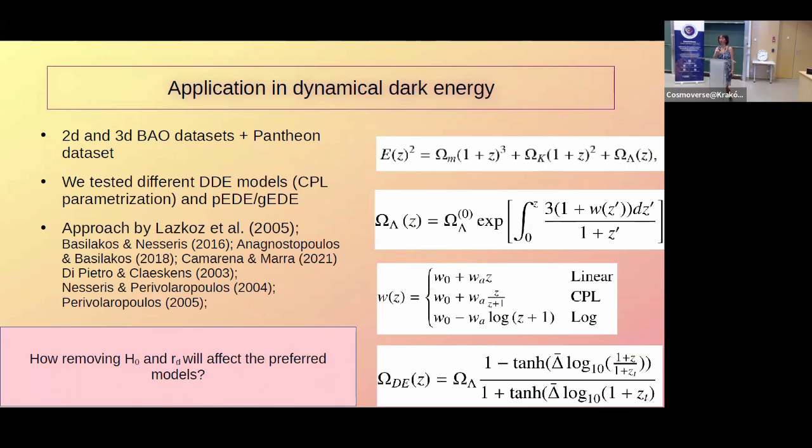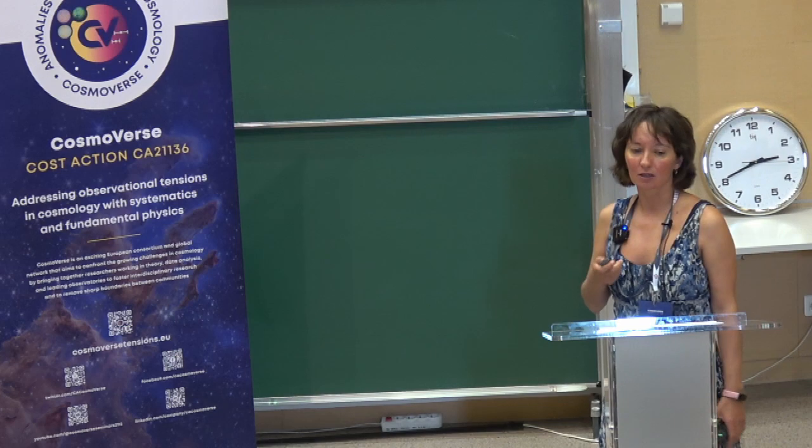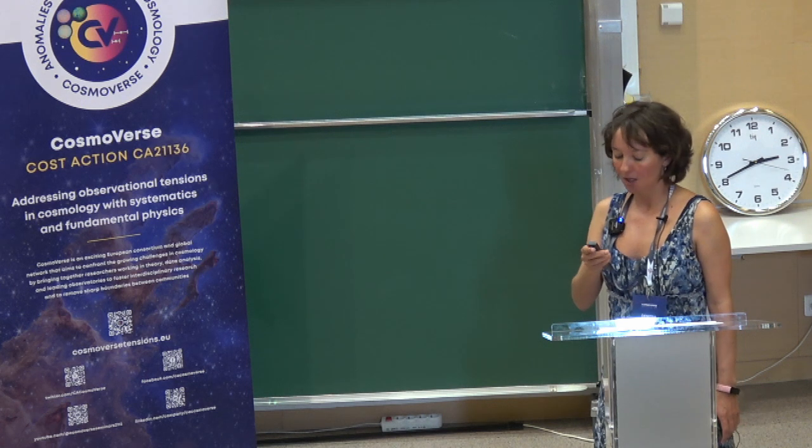This transition redshift, z_t, is found from another equation, so it's not a free parameter and it's not from the MCMC; it is found exactly. The important thing to mention here is that we recover lambda CDM for theta equals 0. This will be important for the plots afterwards, while the model with delta is the bigger model, called the generalized emergent dark energy model.